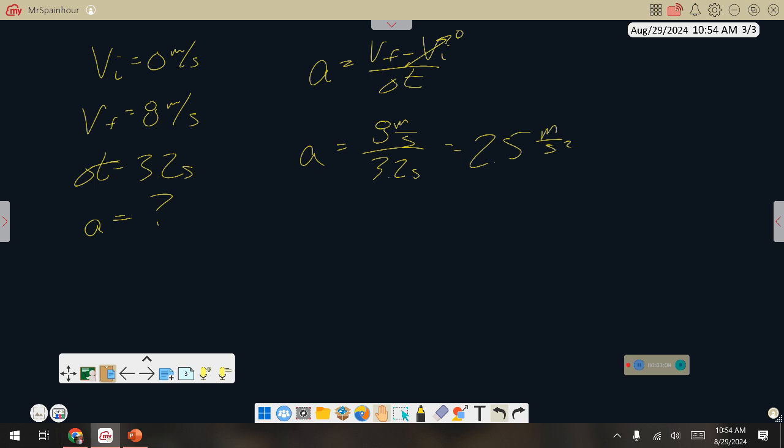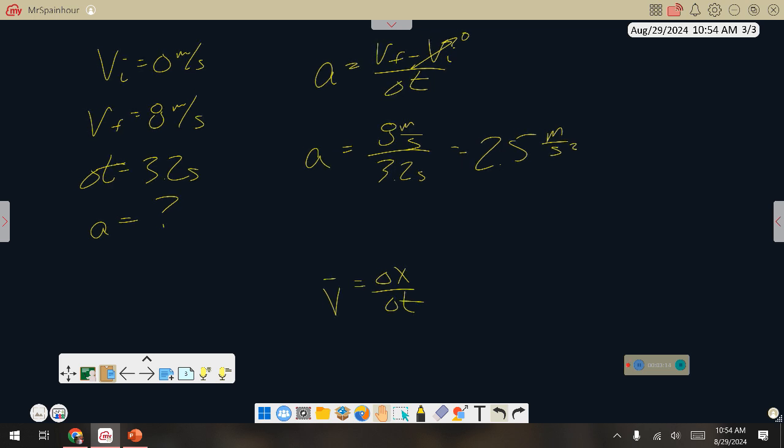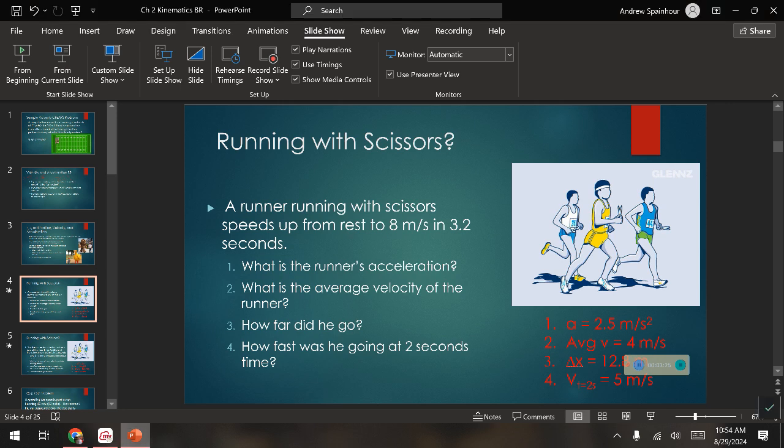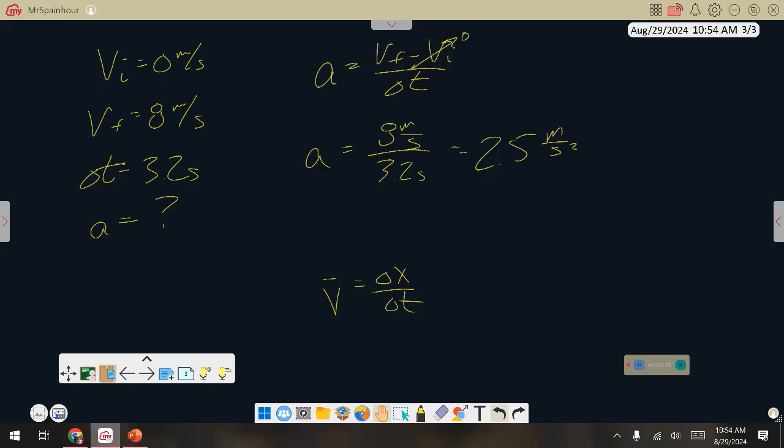Now, if you write down the equation that you know for average velocity, you will quickly be irritated and go, I can't use that equation. Why can you not use that equation? Because that's average velocity. Well, wait, sure, no. But it's asking for average velocity, so I think that's cool. Why can't I use that equation? I don't know displacement. So I can't use that equation,